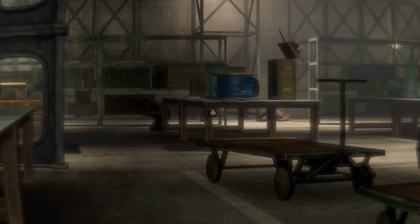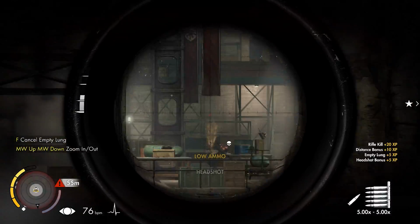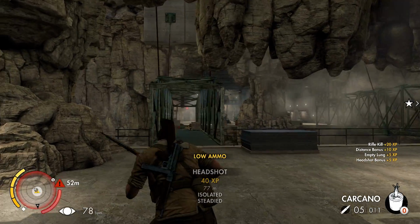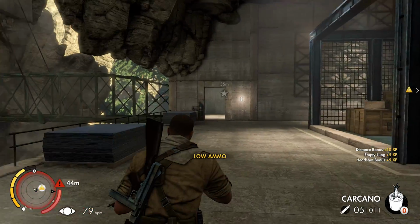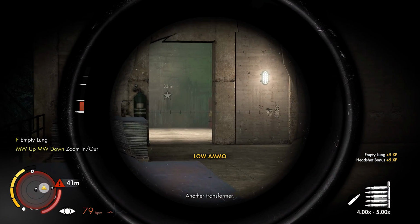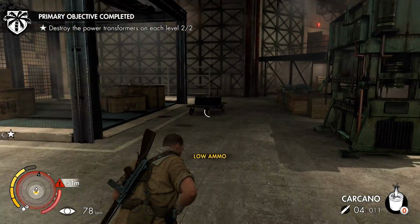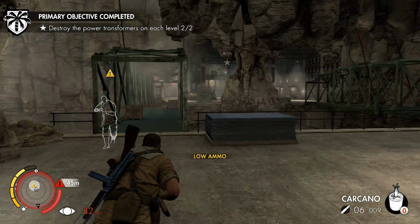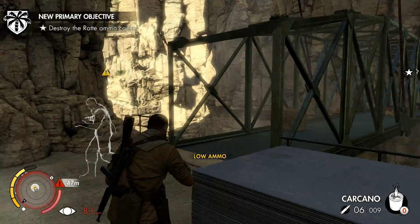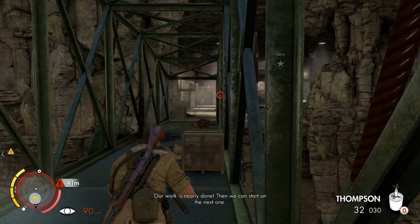Alright, so this guy has been taken care of as well, and there might be one more on that right-hand side. I'm not entirely positive, but I believe that is the case. Another transformer. Alright, so both of those have been taken care of. Alright, let's pull out the Thompson. Actually,